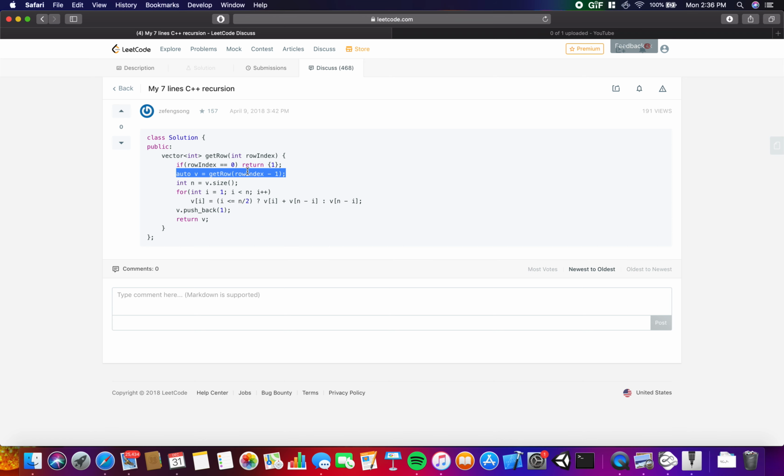Because you have the index like 3, and then you're trying to find 2, 1, and so on. Then you get to here eventually and you return 1. That's great. Then it pops back to here, and v just got 1. And then n gets v dot size, which is just 1, and then vi gets this. If i is less than n over 2,